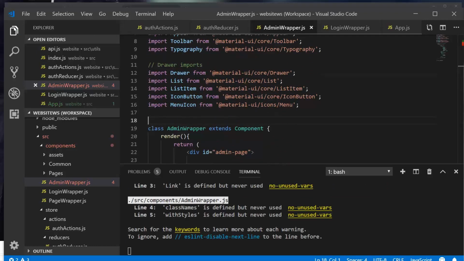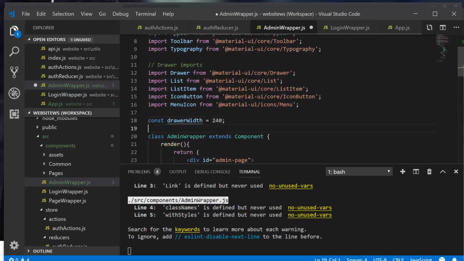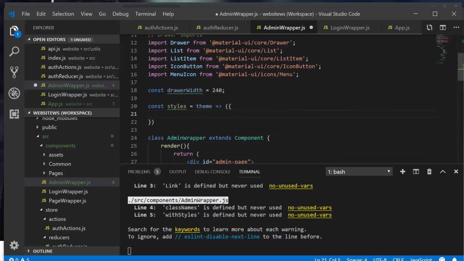And then what we're going to do is set a const called drawer width, and it's going to be 240. And then we're also going to define styles, which is going to inherit the theme, and it's going to return a JSON object. And in this JSON object, we're going to write class names essentially that we're then going to reference in the Material UI components. So to give you an example of that,